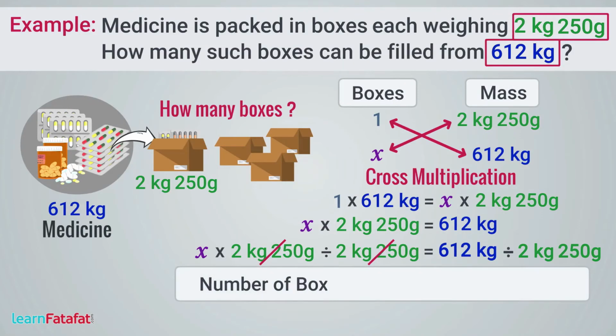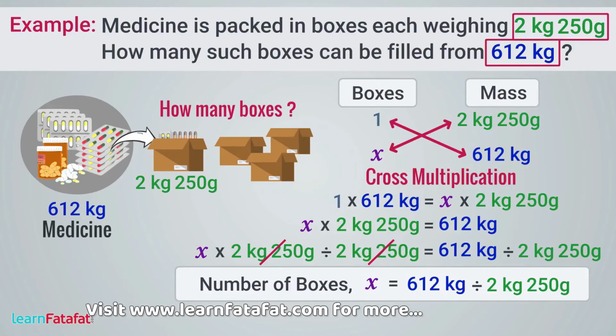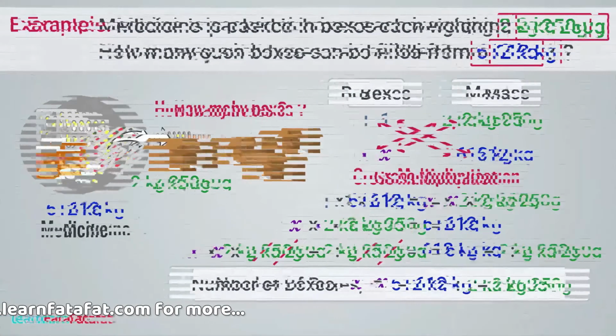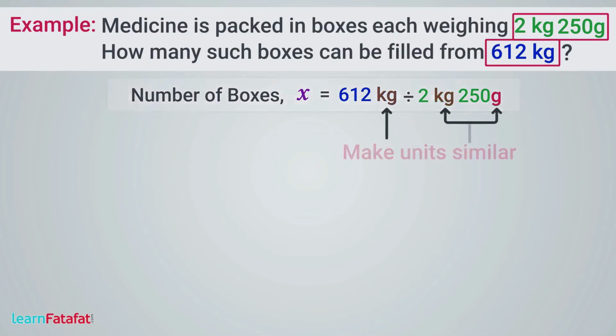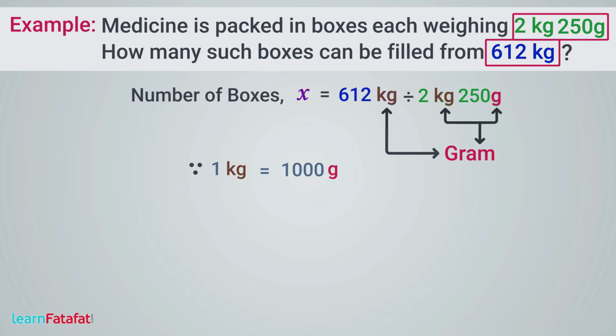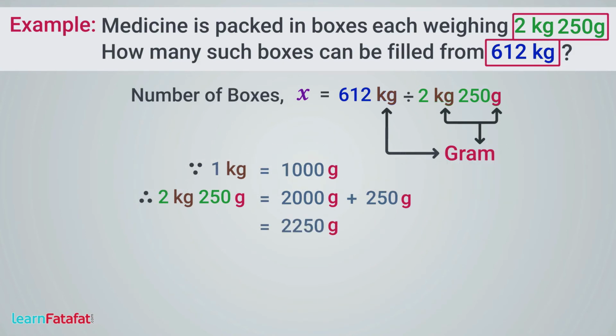Therefore, number of boxes x equals 612 kg divided by 2 kg 250 gram. To perform division, let's make units similar by converting all terms in grams. Since 1 kilogram equals 1000 gram, 2 kilogram 250 gram is equal to 2000 gram plus 250 gram, which is equal to 2250 gram, and 612 kilogram is equal to